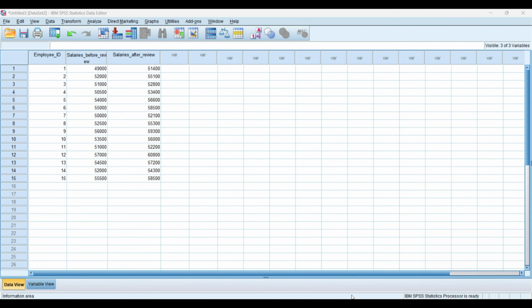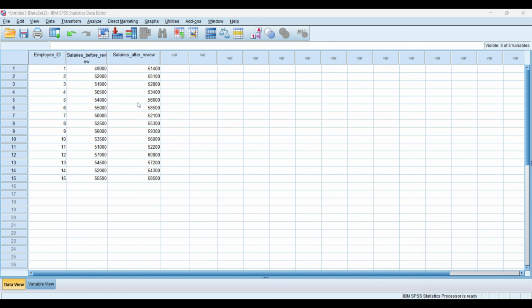In this video, we will learn how to perform a paired sample t-test in SPSS using a practical salary example. A paired sample t-test compares two related measurements. These may be measurements collected from the same participants before and after an intervention. So in our example, you can see we have the salaries of 15 employees before and after annual review. So we want to compare whether the review produced a statistically significant change in their salaries before review and after